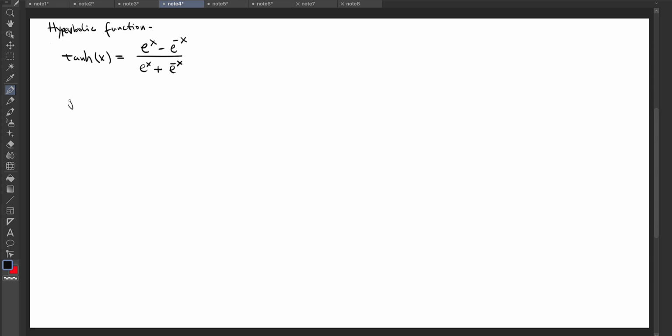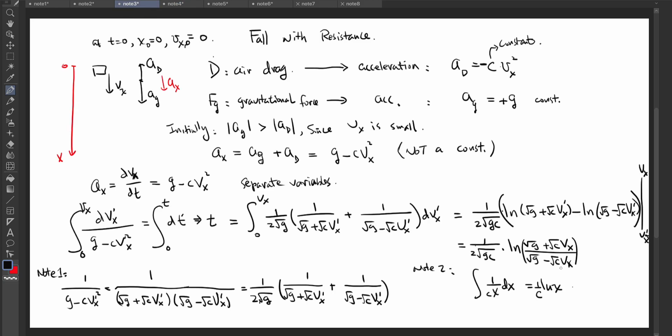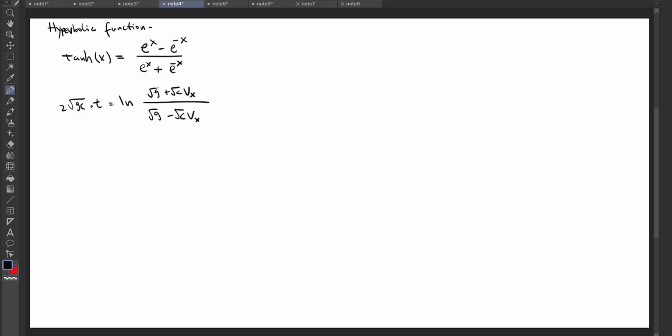We have square root of gc times t equals a log function. That's what we have here. And then let's put both left and right side in a natural exponential. The left side we keep, and the right side here now becomes